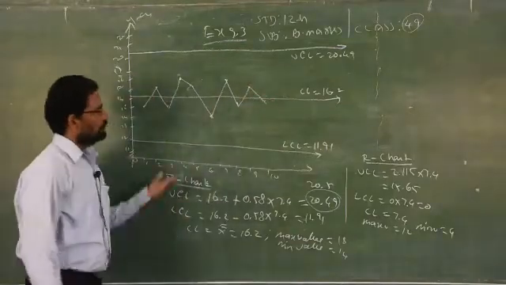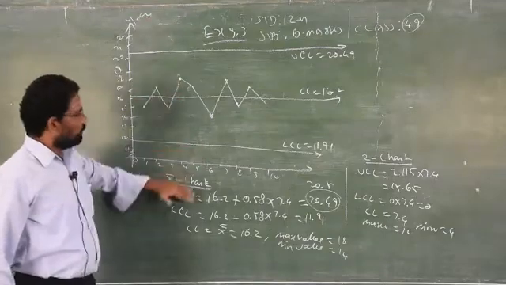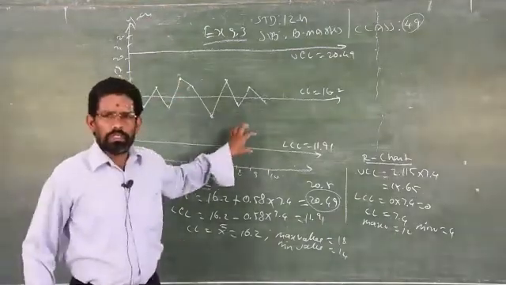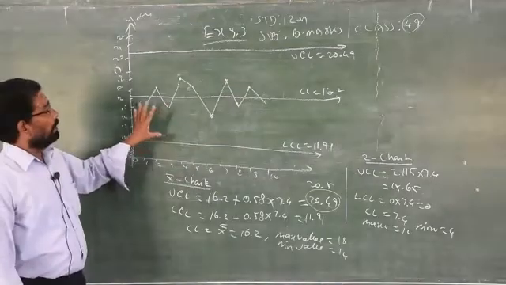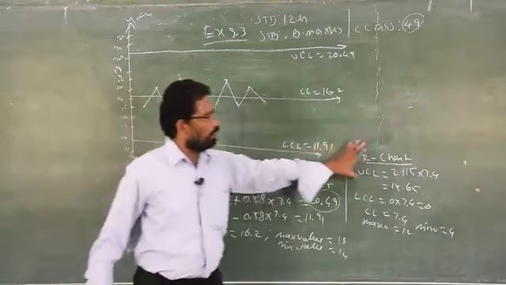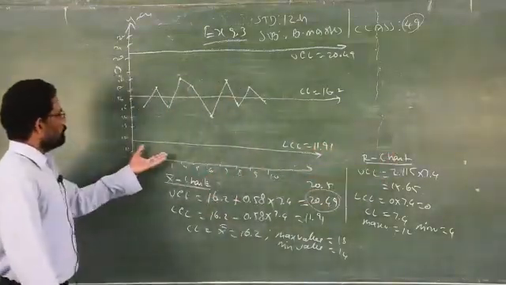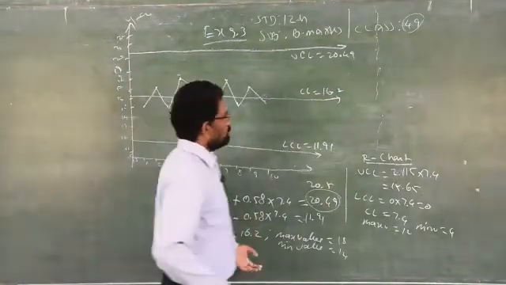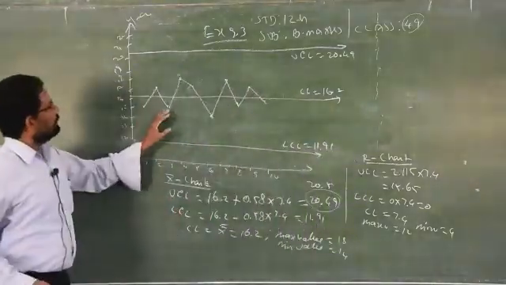Over. That's all. No points lie above the UCL or below the LCL. According to this X bar chart, your product is very good. Clear. But you don't conclude by seeing the X bar chart itself. You go for one more chart, that is the R chart. For the R chart also, you have to draw the diagram like this. So now you can draw the diagram.